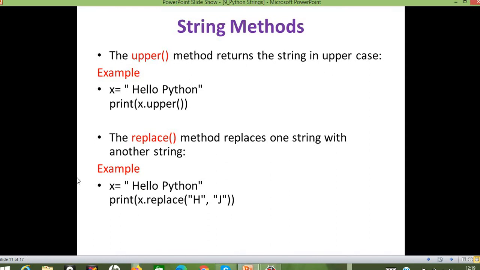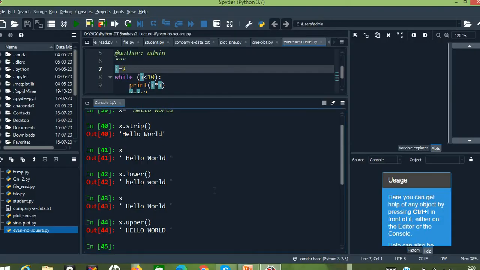The next method is the replace method. In the replace method, if I want to replace a single character with some other character, then I can go for this. With the help of index, we can't do this, but with the help of the replace method, this is possible. So let us see an example for this.